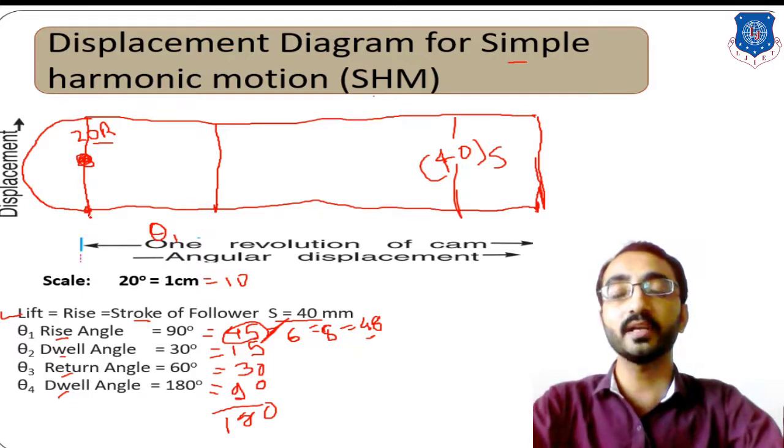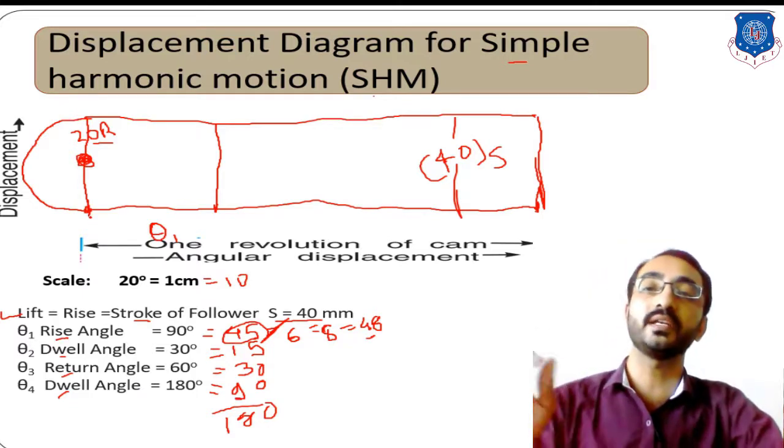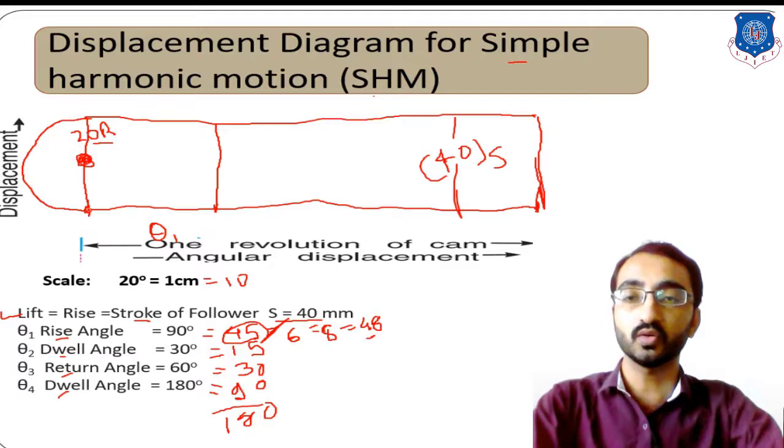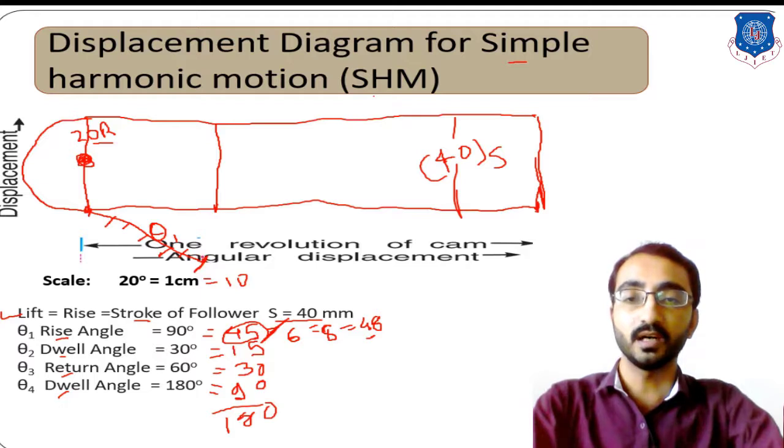Okay, either you can use the graphical method that you have learned in engineering graphics. Simply draw one inclined line, let's consider it as 60 mm. Divide this 60 mm line into 6 equal intervals of 10 mm. Join the last point with the last point on our rectangle. This one is your first reference line.